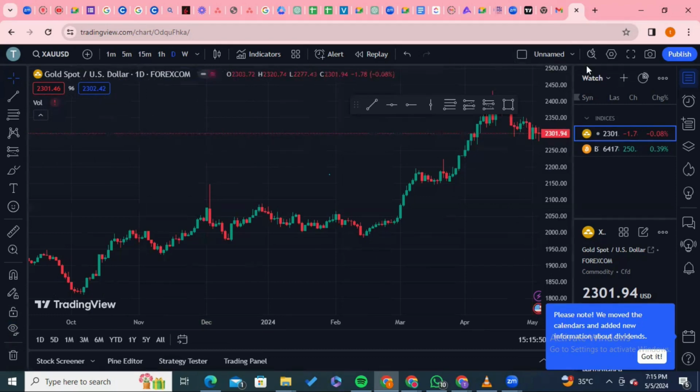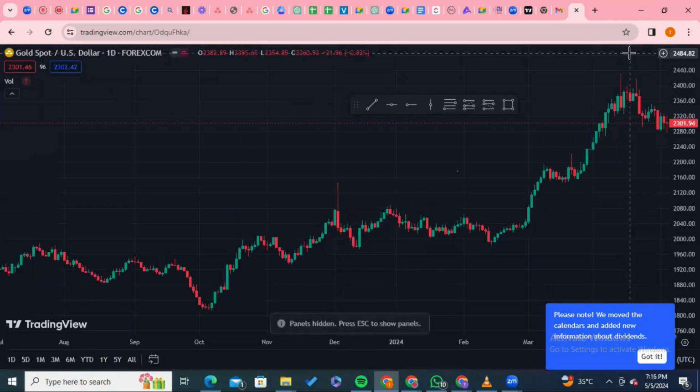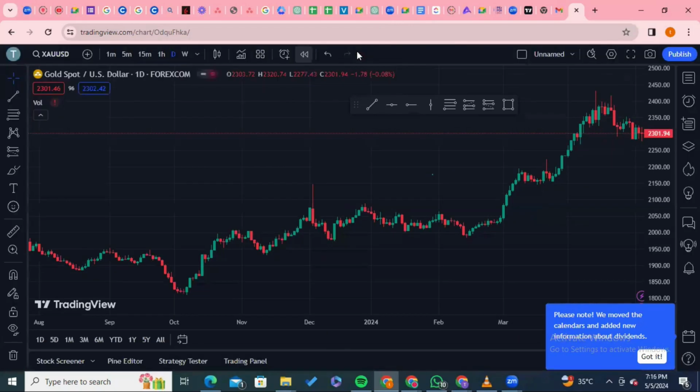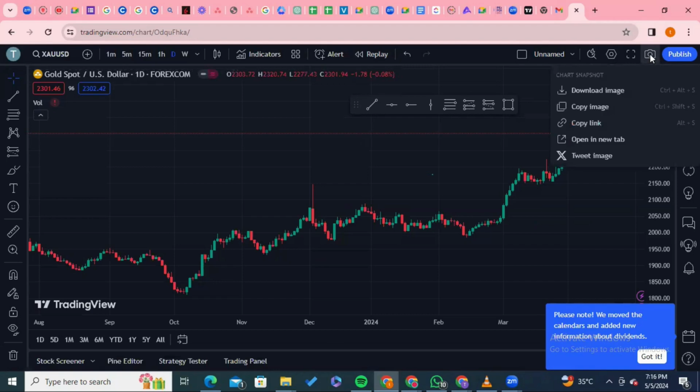Then on this far right hand side, let's go back to this right hand side. If you want just your candlesticks to be showing, you don't want any of these things on the side, you click on this box to go into full screen mode. Click on it, right? And there you are, voila. All those things by the corner are gone. Then if you want to go back, just press escape and you're back. Then this camera sign is to take a snapshot